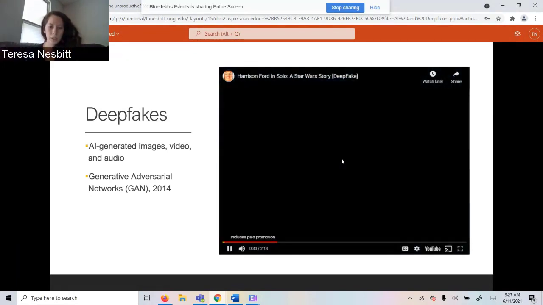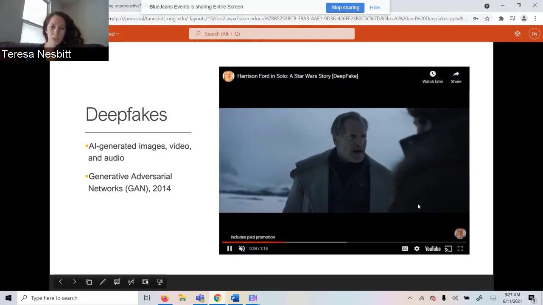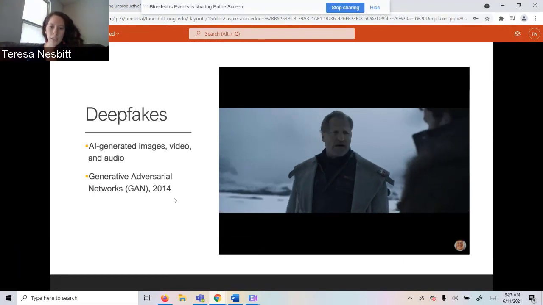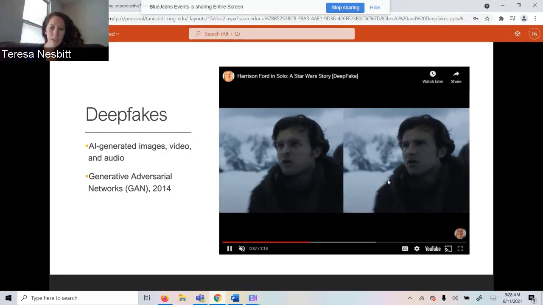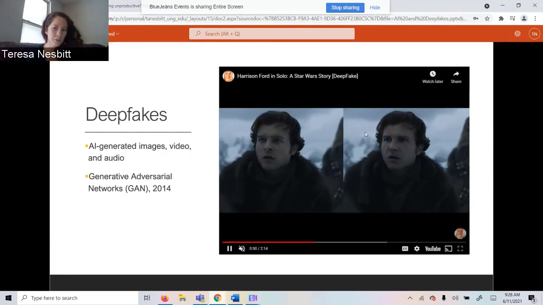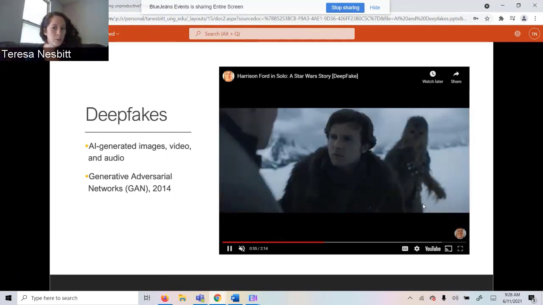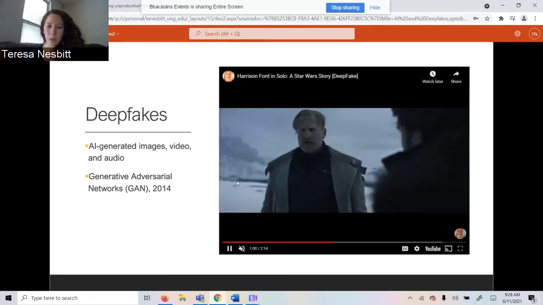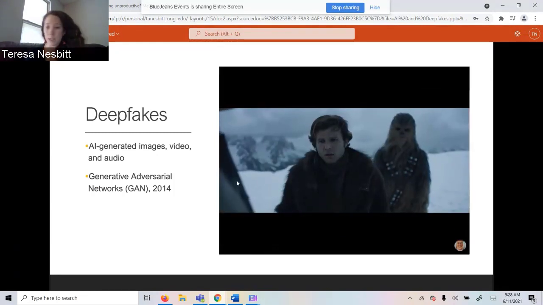I just wanted to really quickly show you this example where somebody went to the movie Solo and they swapped out Alden Ehrenreich's face with Harrison Ford's. You can see that since 2014, this technology has really come a very long way in that this looks pretty seamless. If I just saw this image on the right by itself, it would really take me a minute to go, wait, that's Harrison Ford. What is happening? So deepfakes have gotten to a point where if you're just trying to distinguish that something is a deepfake with your naked eye, it's very difficult.